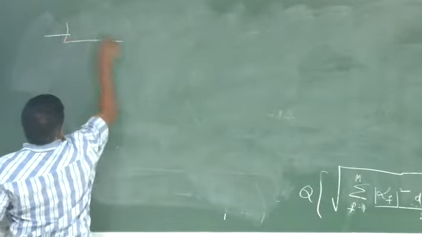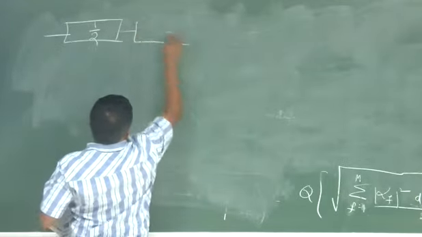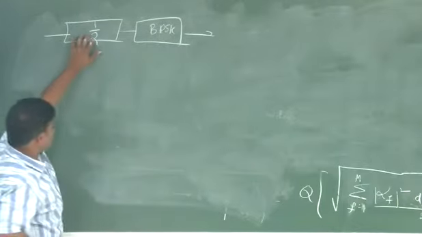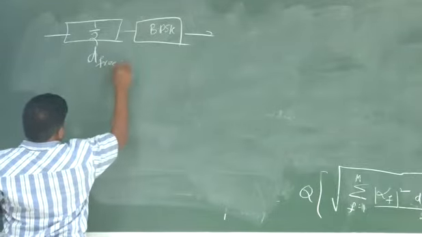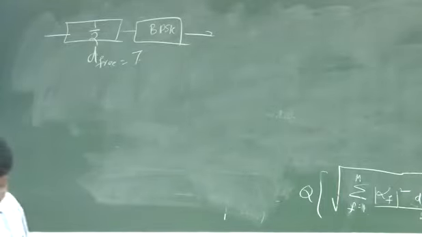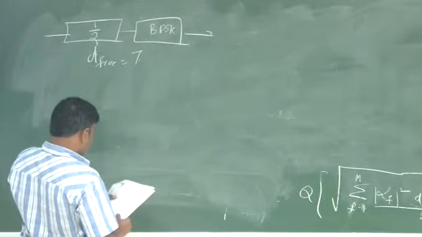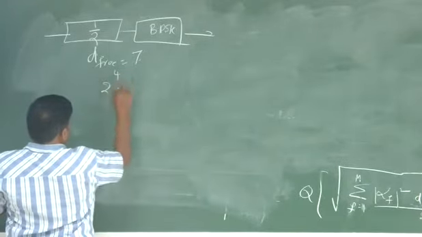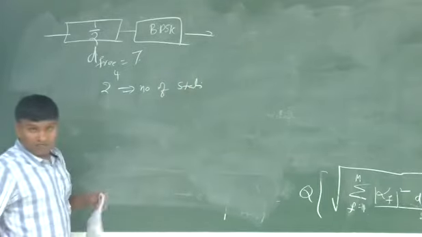This is the rate half GSM code. It is part of the speech channel, and then there is effectively binary modulation, some sort of BPSK. We are interested in this part. The D free for this code is 7. That is, there are at least 7 positions where the all zero code word differs from the first error event. But the number of states for this code is 2 raised to 4. That is constraint length 5. Constraint length 5 code.